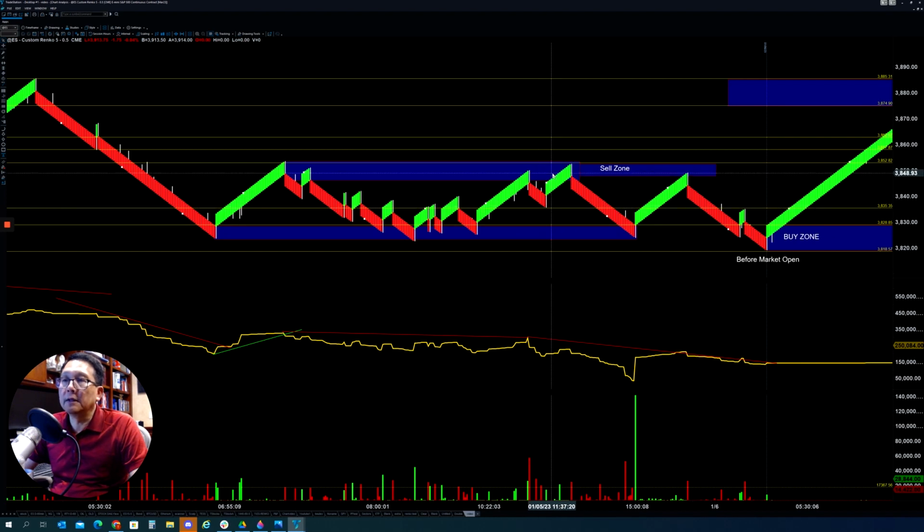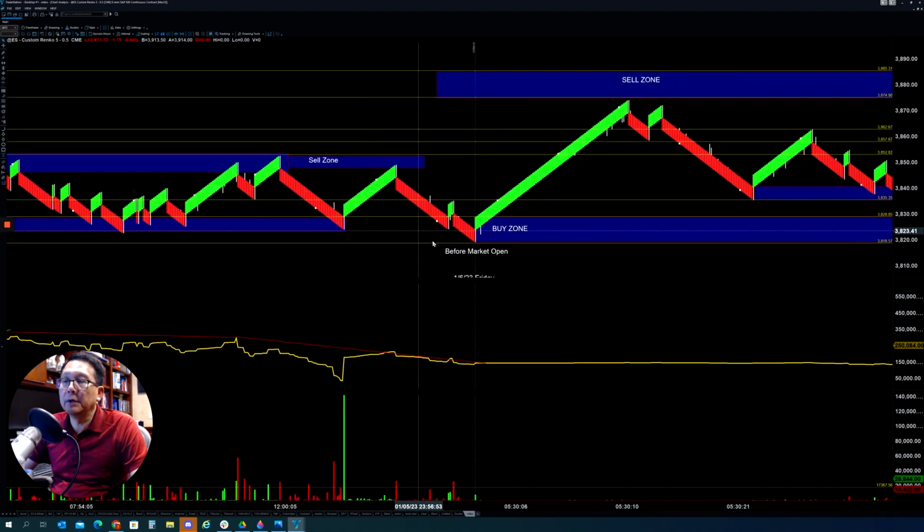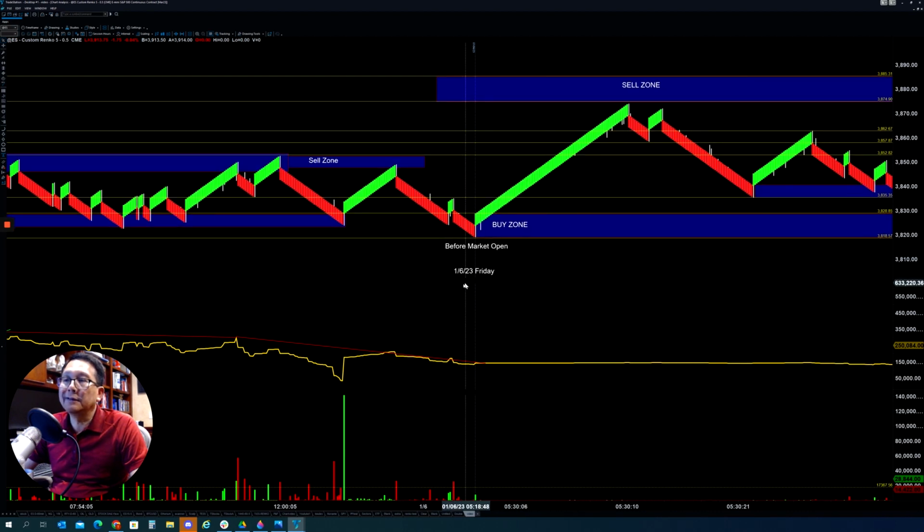So they clearly create the buy zone and sell zone. At the market, it's still range bound. We have to trade in the range bound until they are able to break out of the buy zone and sell zone. So on Friday, before the market opened, around 5:30, 1 hour before the market opened, on January 6,